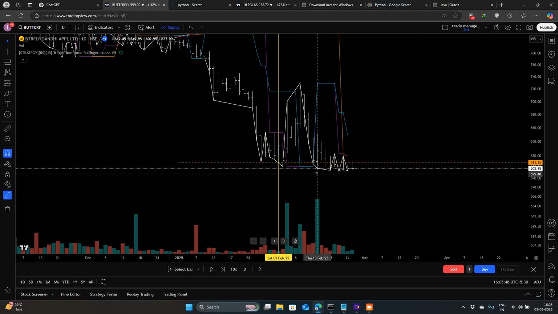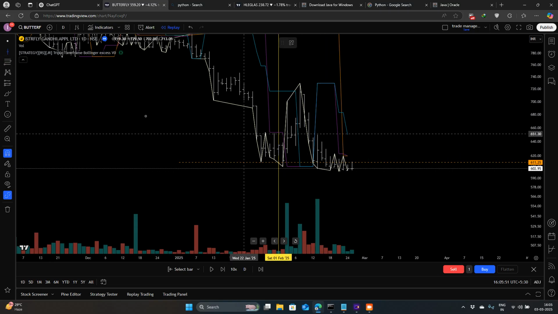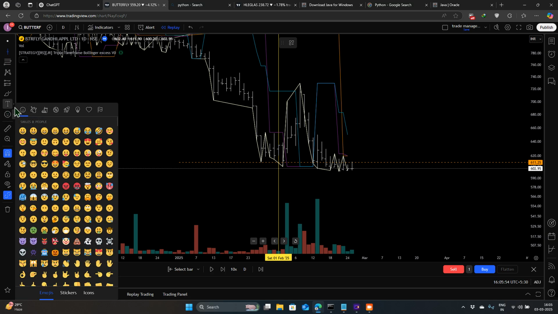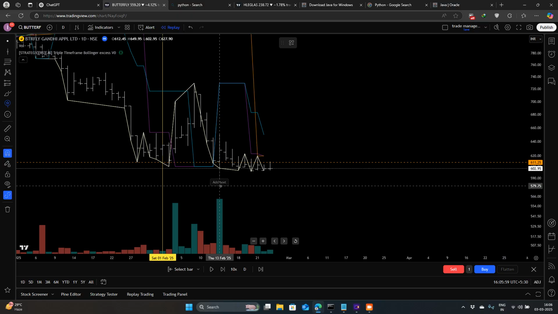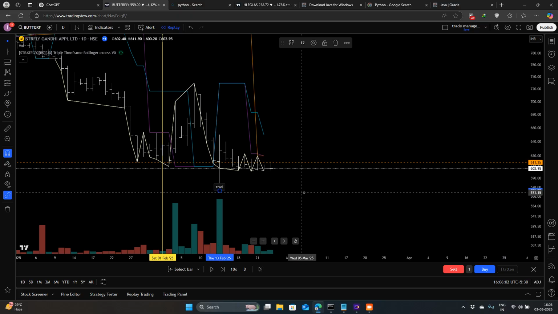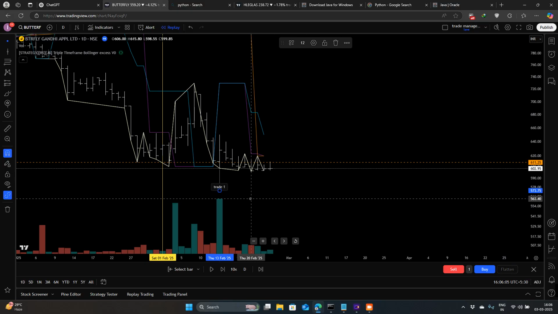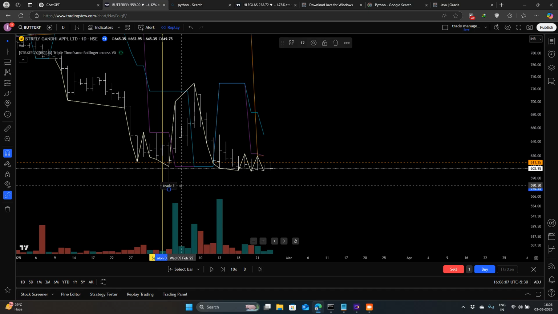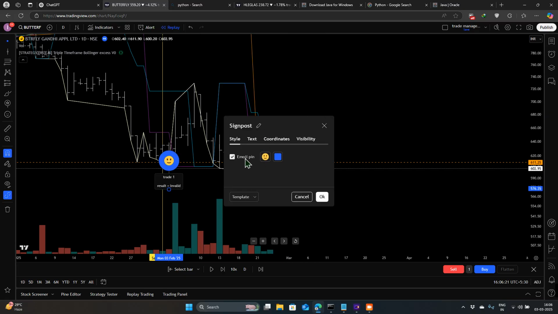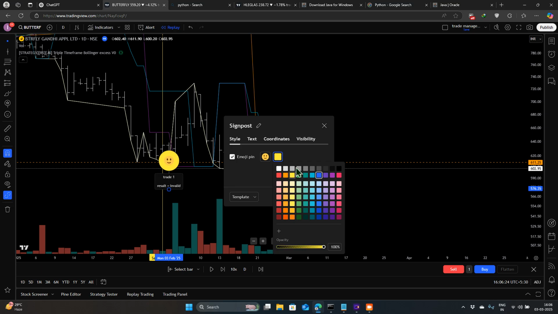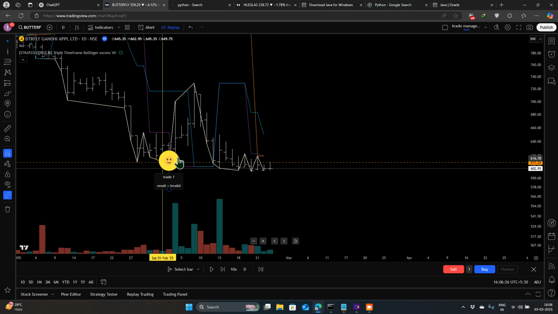And now let's see what would happen if we had taken a trade here, you know. Let's mark it something like first trade or second trade. So let's have a signpost here, like first trade, trade 1. Okay, this can be trade 1 but invalidated. Let's write the result here, result equal to invalid. What does invalid mean? That we couldn't take the trade. Okay, let's give it a color, you know. Okay, this is the invalid trade. Okay, that's nice. Invalid would be 0, right.